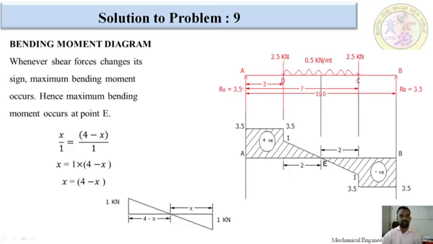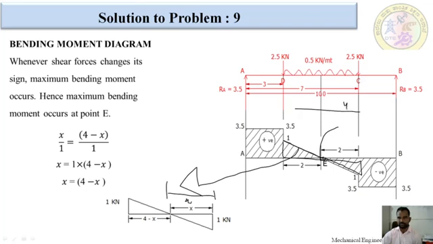After that, we are going to look at the bending moment concept. Whenever the sign changes from negative to positive in the shear force diagram, this point, E point, would be where the maximum bending moment occurs in a simply supported beam. Next, as we discussed, I am going to take this component outside. From here to this point I am taking as x. Total distance is 4, so 4 minus x is the distance. And this value is 1, and this value also 1.